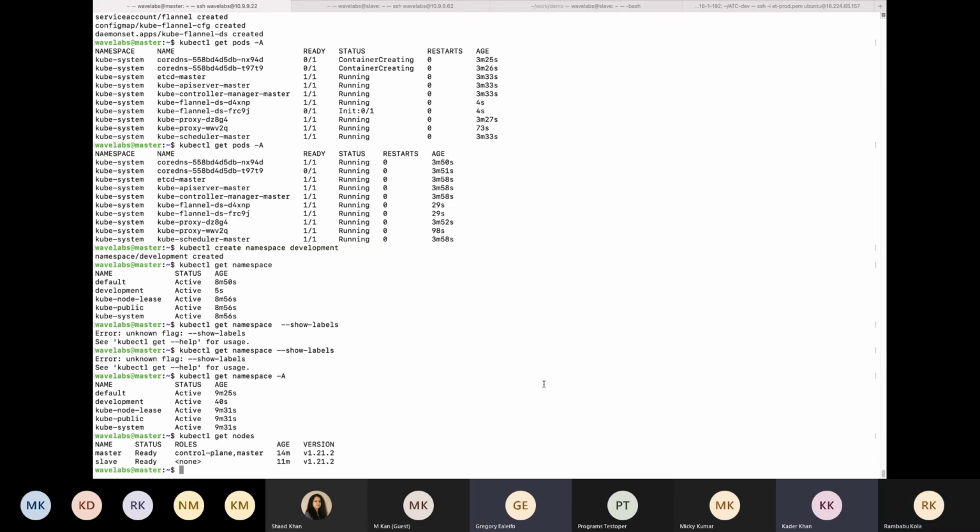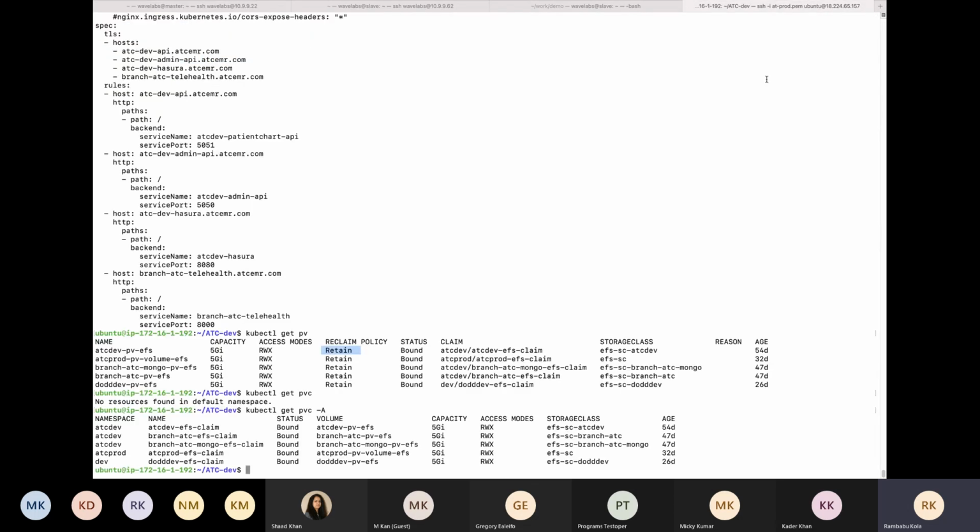How do you differentiate between the master and the worker node? I know in the beginning you ran the same command on both master and worker. So how do you differentiate them? Yeah. You can see the roles here. When you do kubectl get nodes, here it is the roles. This is the name, and here the role is control plane master. The others, it is not defined. I'll show you a multi-node setup.